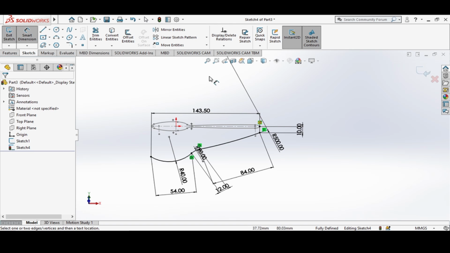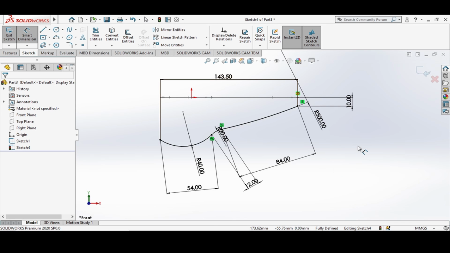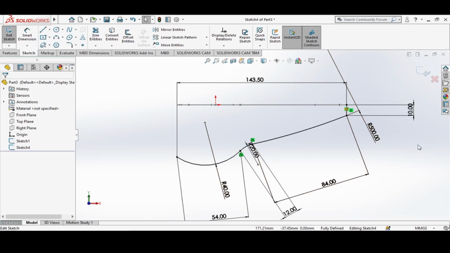And there we go. Our sketch should now look like this. Now we can exit the sketch